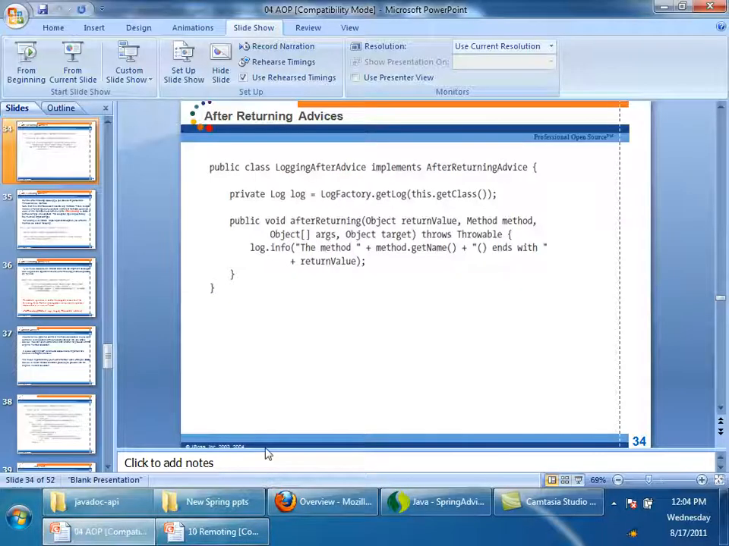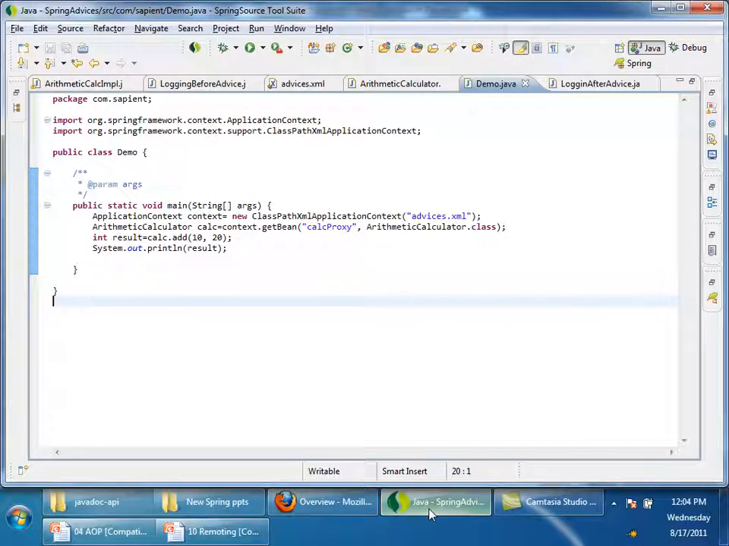By giving that interceptor name and the section, if I have only one